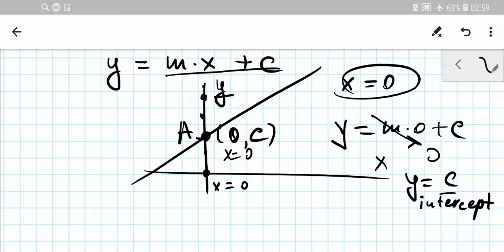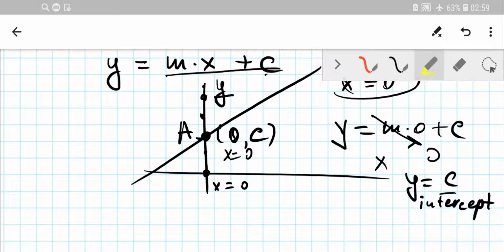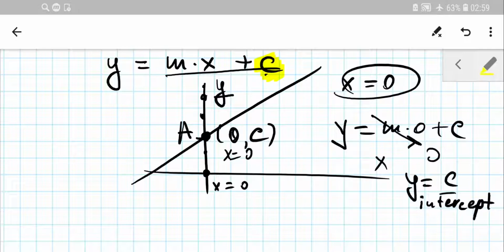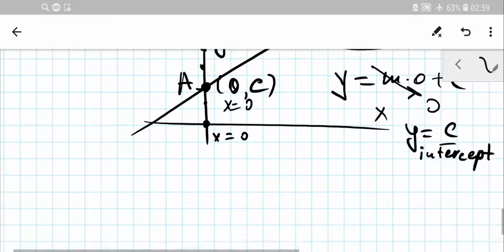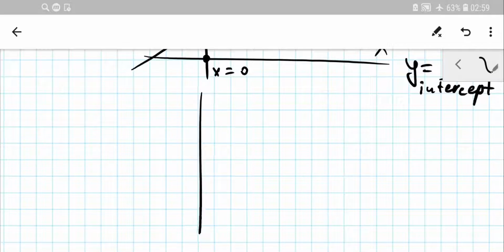So that's why c determines the y-intercept, okay? That is what it's designed for. It's designed to show clearly where the y-intercept is. Okay, that means now we have the tool to describe